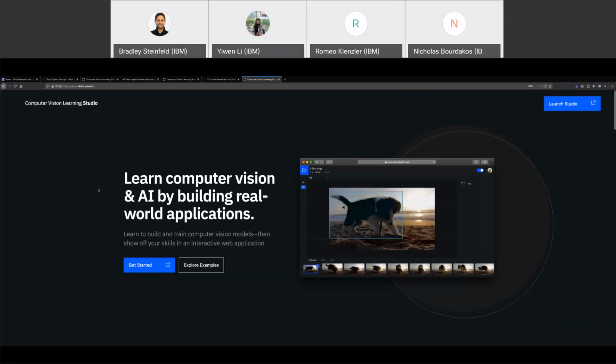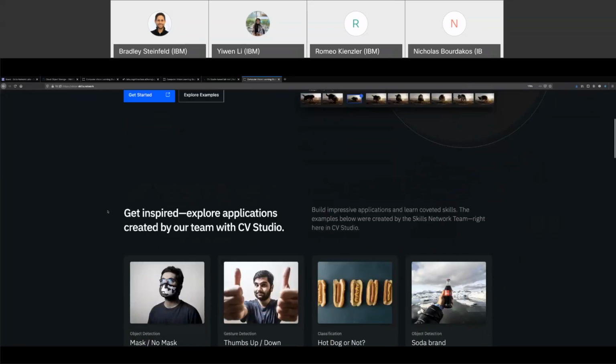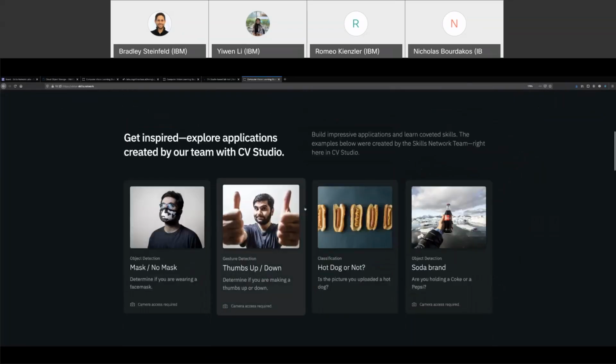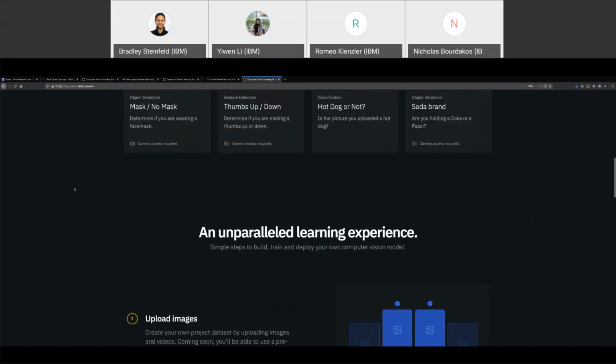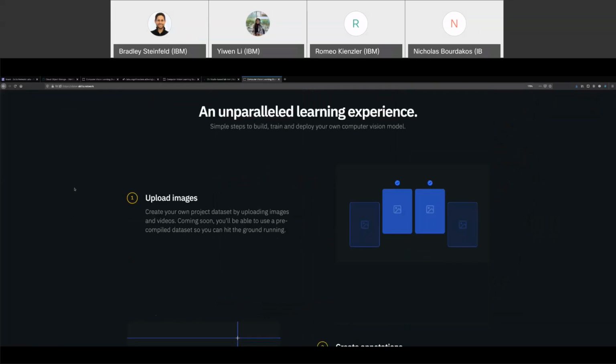This is just our landing page, just to get people interested. We have a couple demos, which for now I'll just skip. They just open up little frames where you can use your webcam and see little boxes or upload pictures to classify them. But the main point that we drive through for CV Studio is we walk people through a 5-step